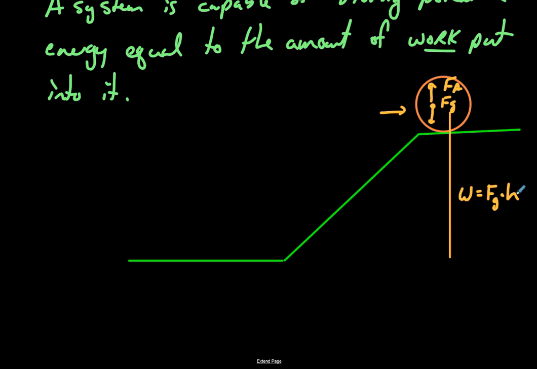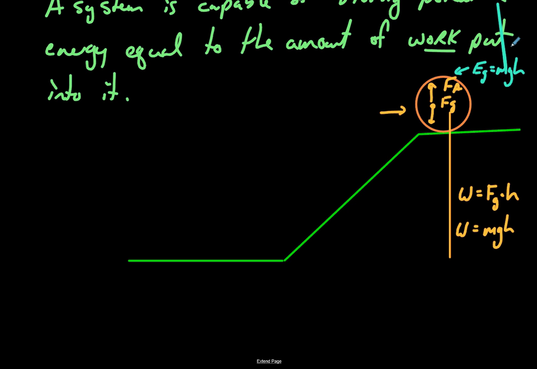Okay, so F·h, and F_g, of course, is equal to mg times h. So the amount of work we did is equal to m times g times h, all right? Now what that also means, according to the work-energy theorem, is that when we have a raised object with mass, that contains potential energy. We would say then that this has E_g, E being energy, g being gravitational, equal to